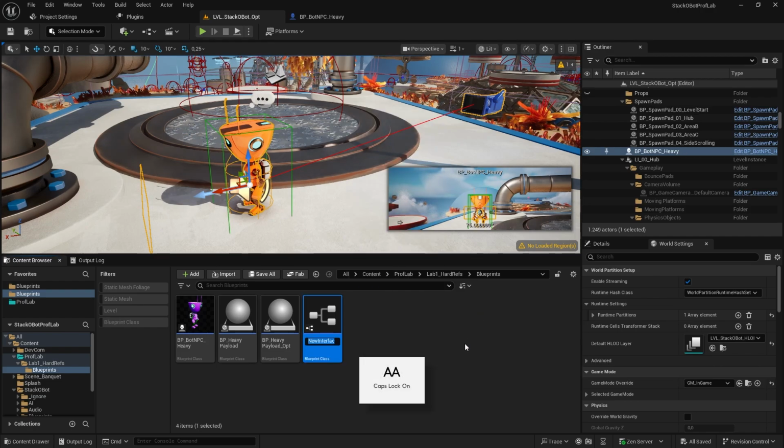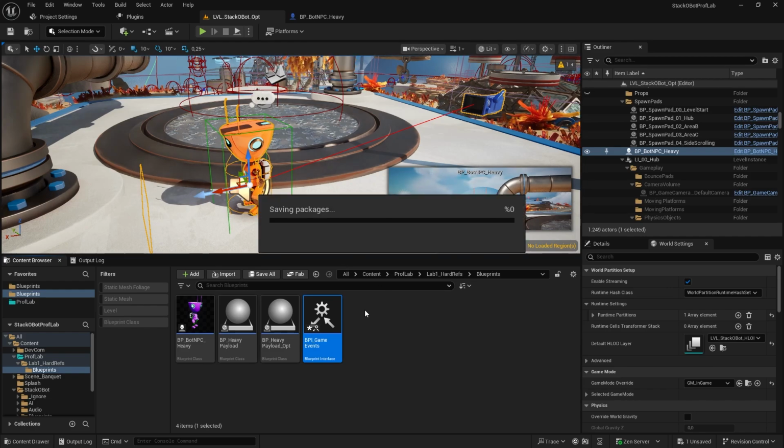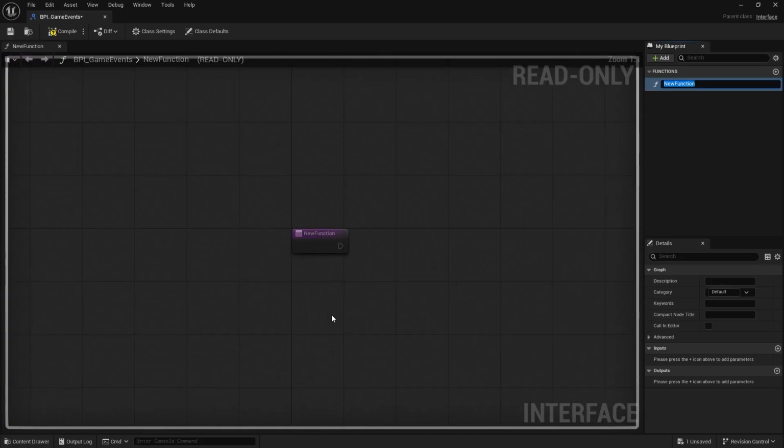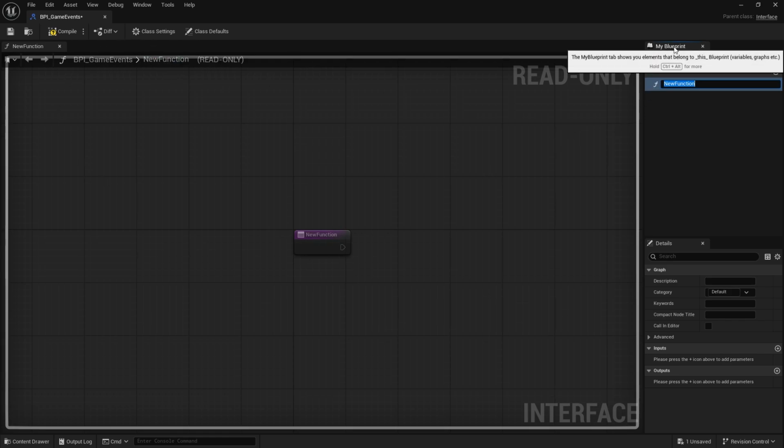Let's give it a good name like BPI game events, for example. Let's save it and open the blueprint interface. So I am trying to start a party, right? In the blueprint interface menu, I will add a new interface function, which is called